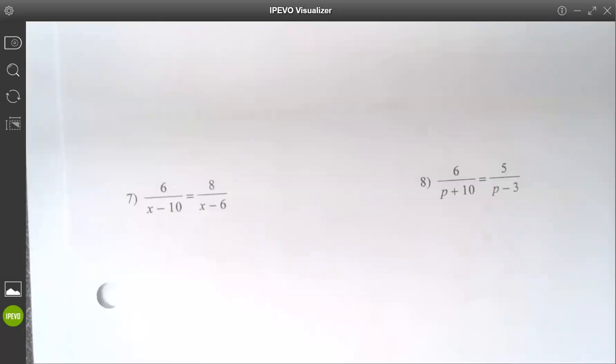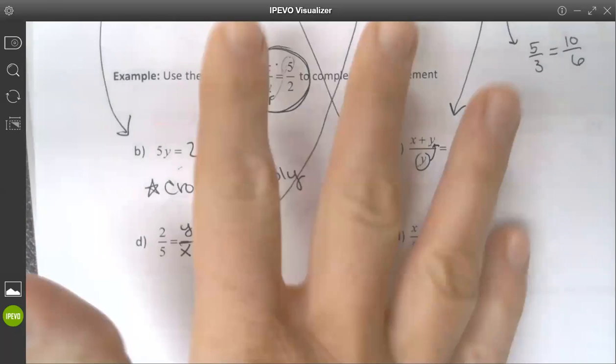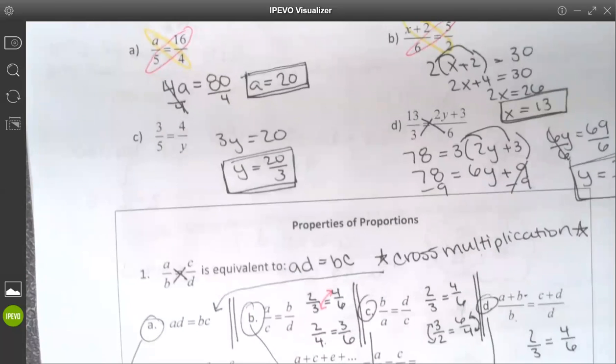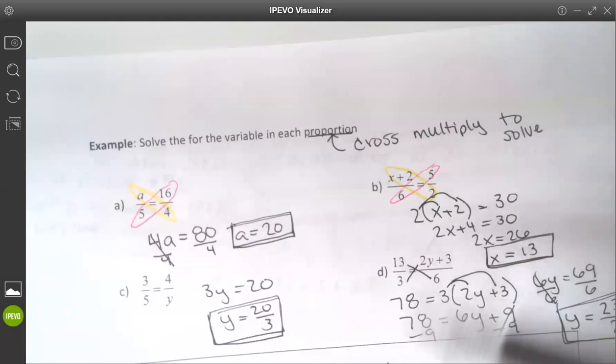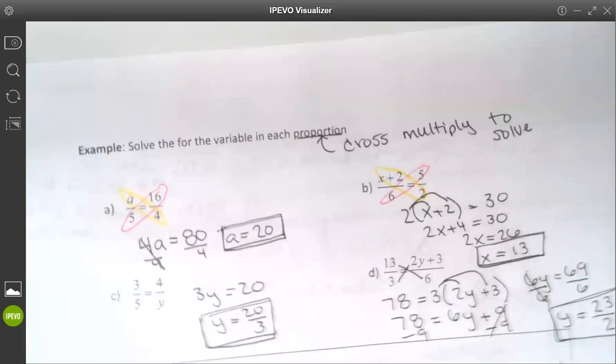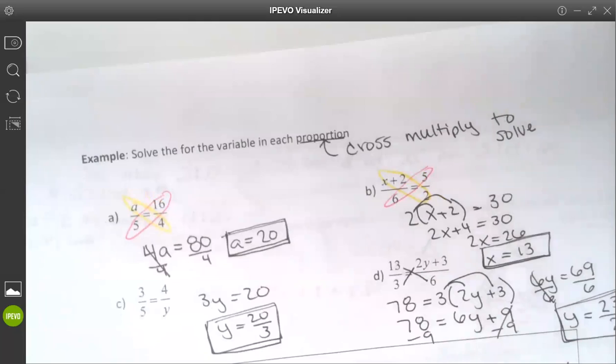If I have more than one term, use your notes to remember what that looks like, or I'll leave it up here. I need to make sure that I distribute to those double terms. And sometimes I distribute once, sometimes